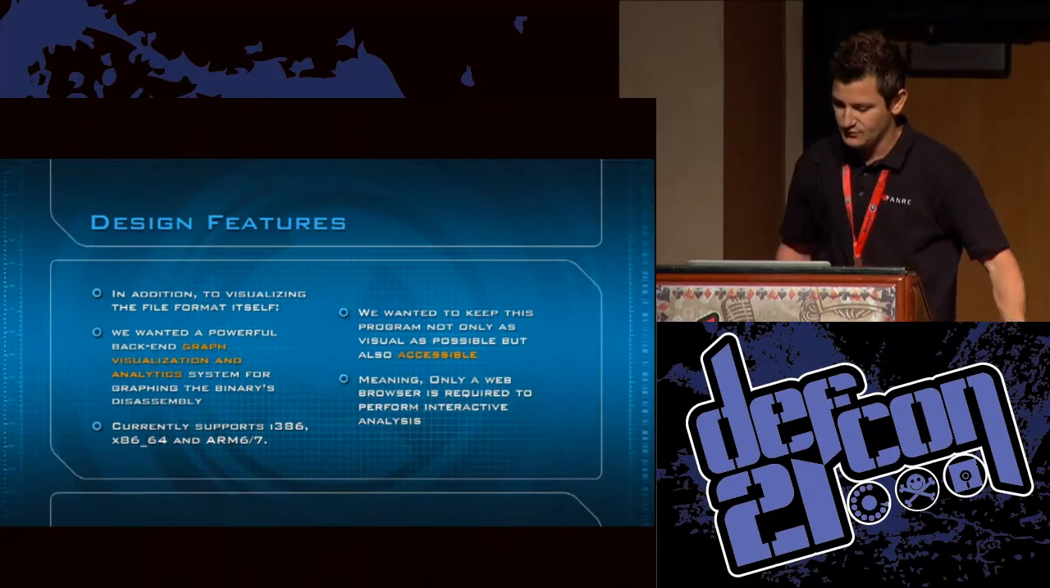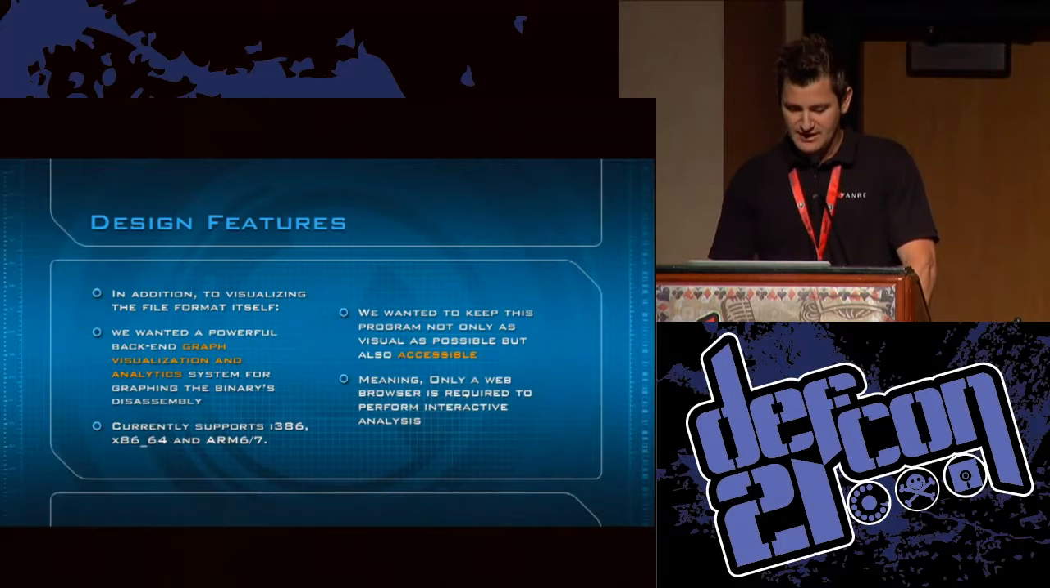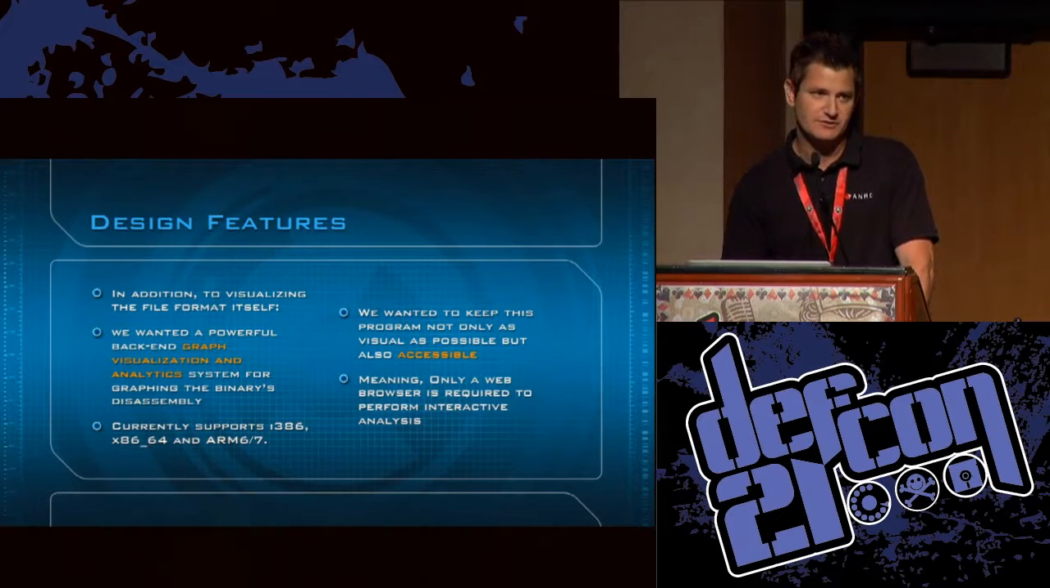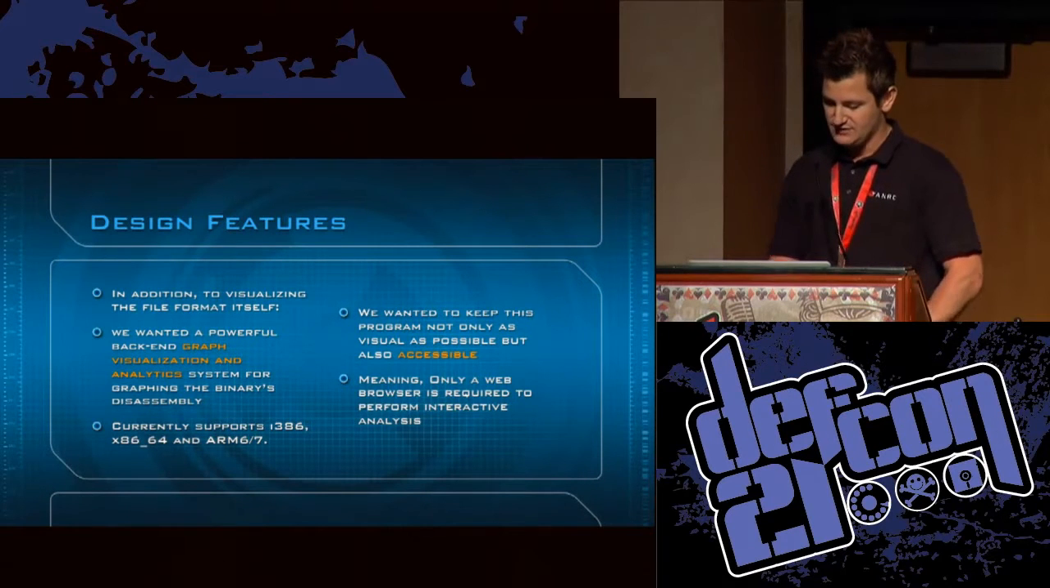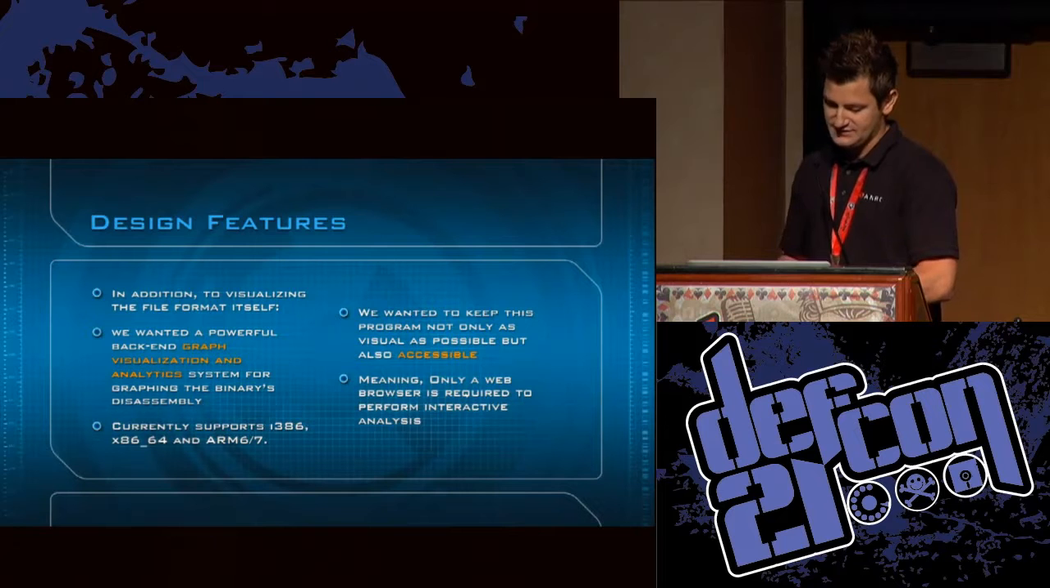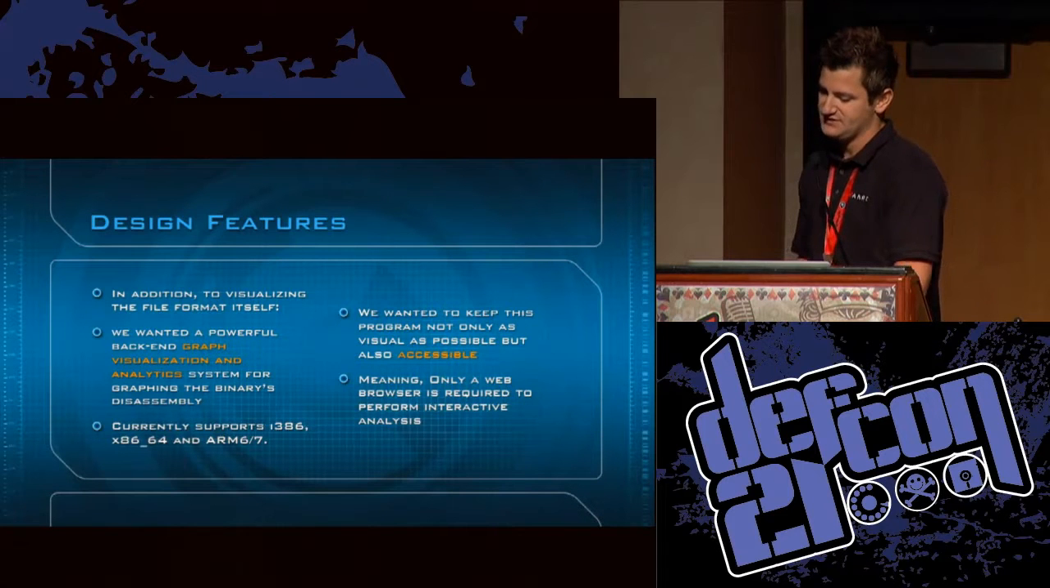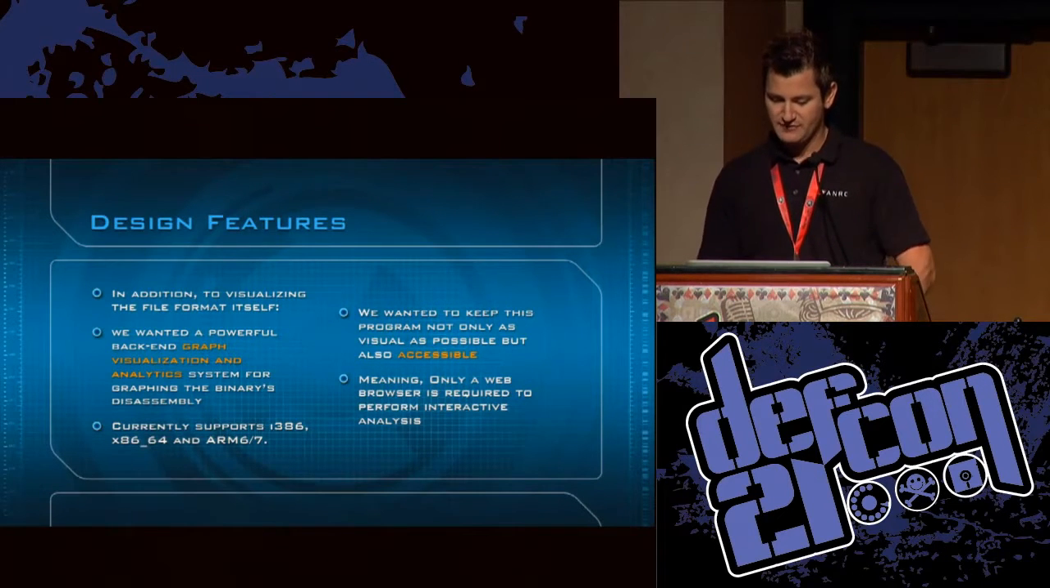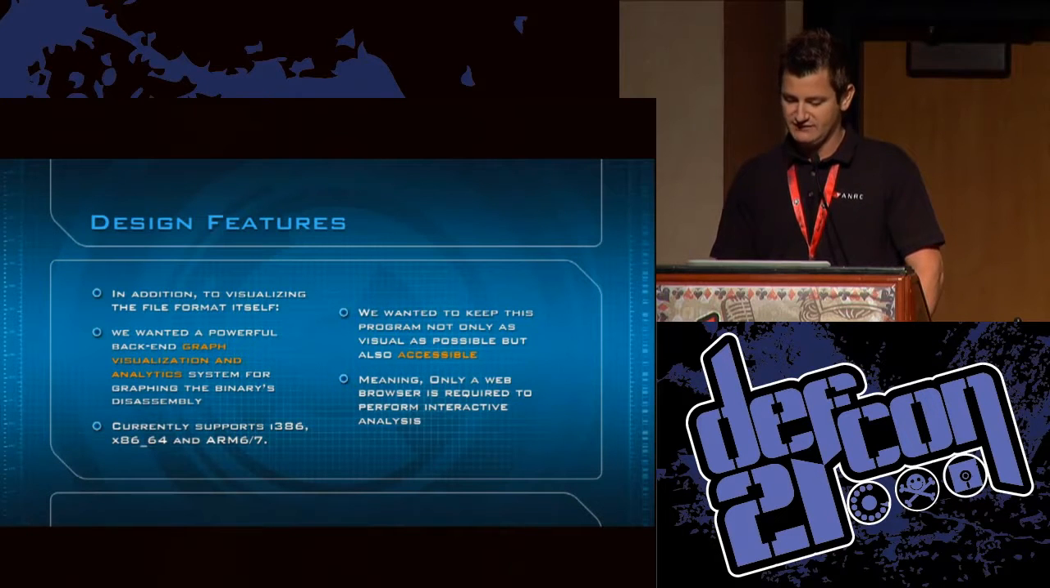In addition to that, we also wanted to create a back-end graph and visualization, plus an analytics system for graphing the binary's disassembly, very similar to what you're going to see in IDA or Hopper if you're familiar with that. Currently, we're only supporting these architectures right now: x86, x64, ARM v6 and v7. Again, that's only for Mach-O, but we have the ability and we'd like to expand it if there is enough